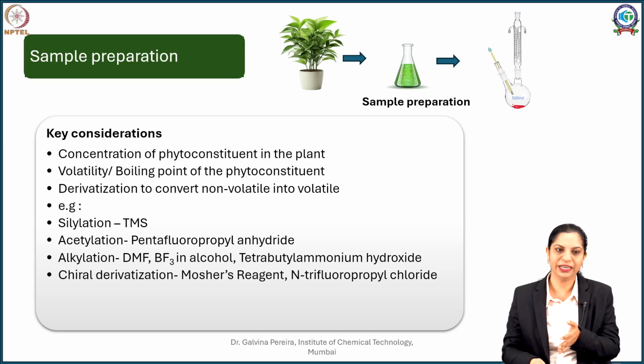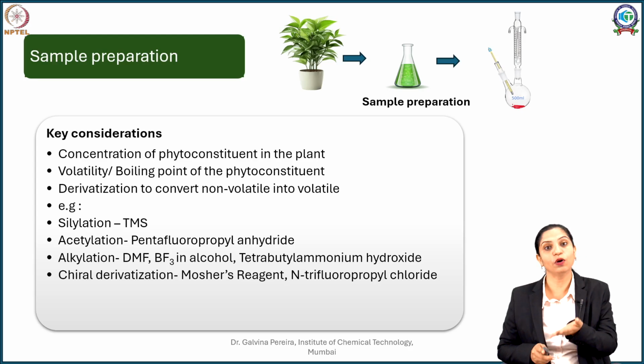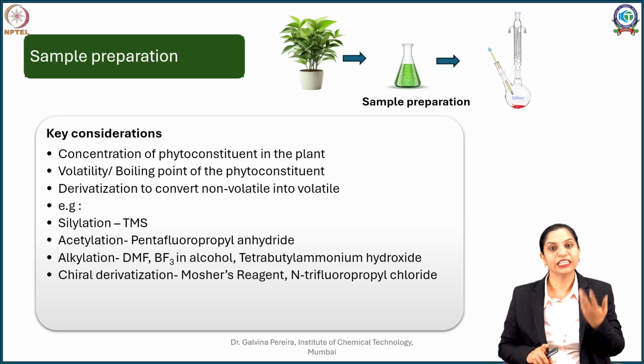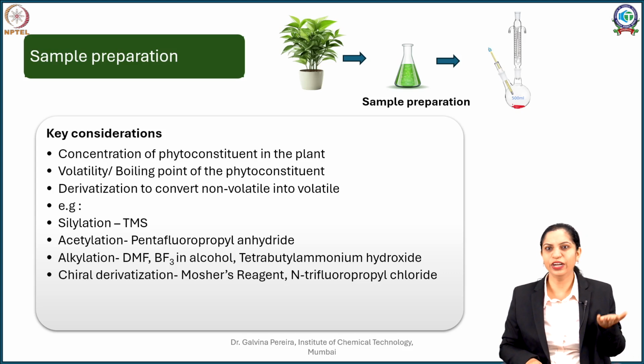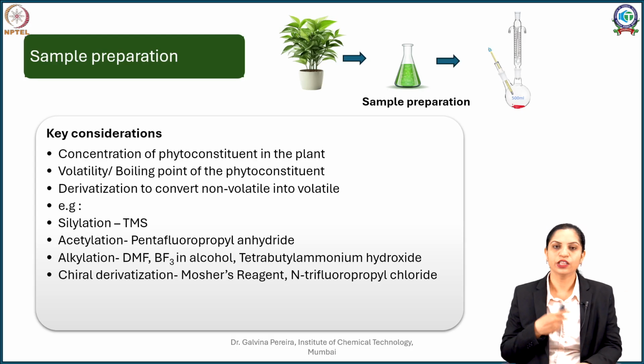Once I concentrate, I should take into consideration what my analyte is. Is it a volatile compound or a non-volatile compound? For example, when I was talking about terpenes, eucalyptol, menthol, they are volatiles. I need not do any derivatization of them. But take for example your fatty acids, your lipids, your cooking oils. Your cooking oils are not low boiling, they are not volatile. In that case, you have to modify them to make them more volatile, and only then can they be analyzed. The good part is, both of these are thermally stable.